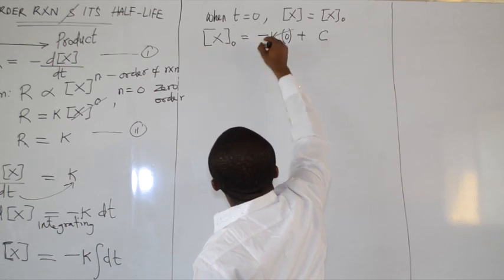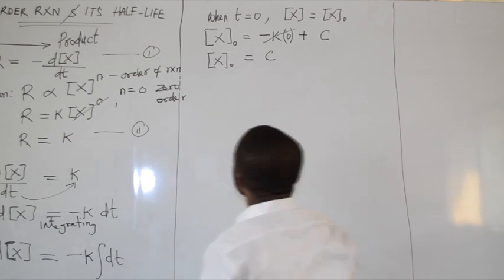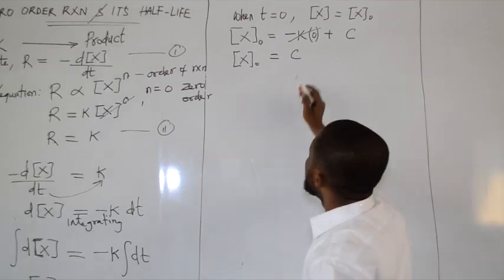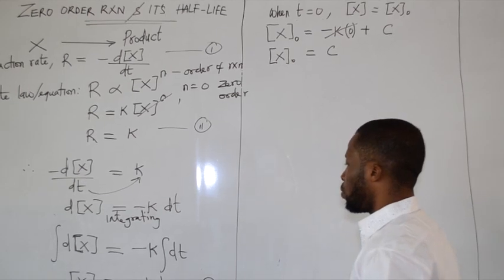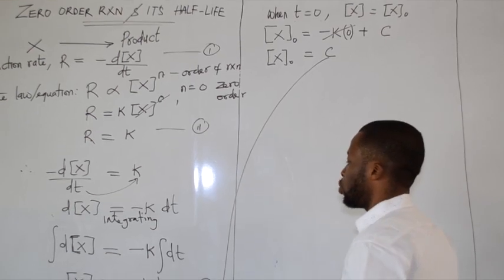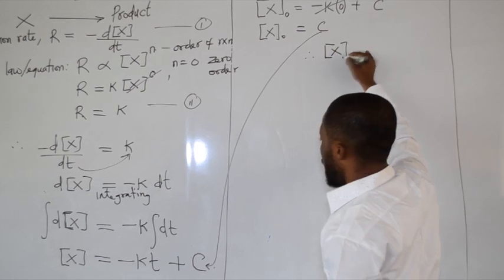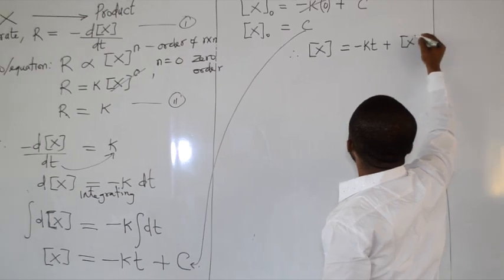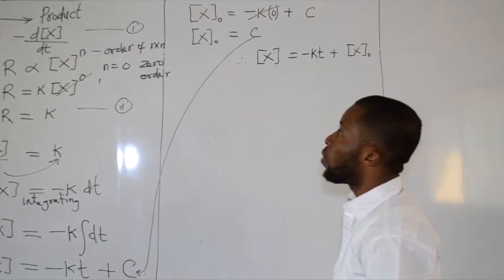Anything multiplied by 0 is gone, so I'm left with x naught equals c. So it therefore means that the value of c when time is 0 is equal to the initial concentration of x, which is the reactant. Therefore, we'll bring this value back to replace c. Our final answer becomes final concentration of x is equal to negative kt plus initial concentration x naught. So this is the equation for a zero order reaction,